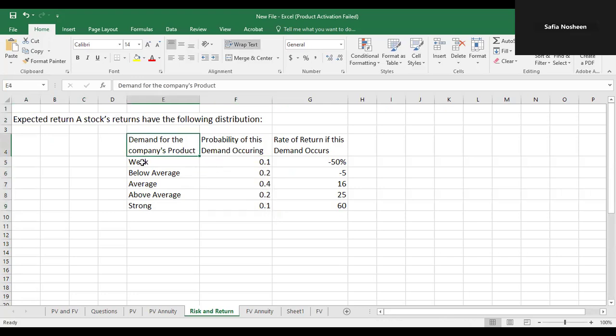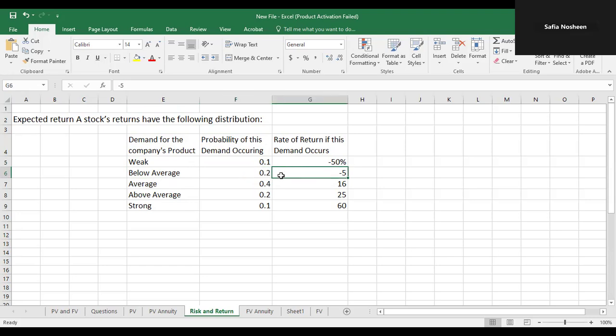For the demand for the company's product, there is a 10% probability that the demand would be weak, so the rate of return can be minus 50%. There is a chance of loss if the demand is weak, and there is a 10% chance of such a situation. Below average, there is a 20% chance that the demand would fall below the average,